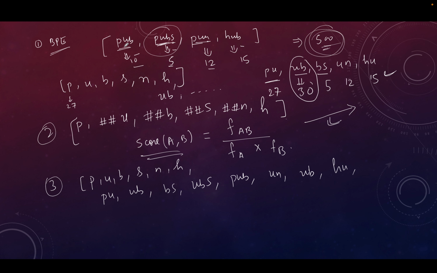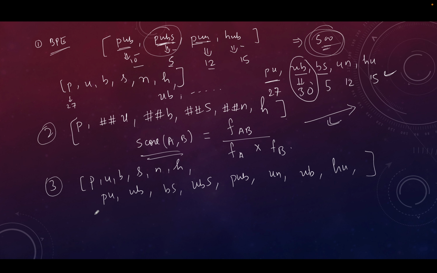But these were all 3 characters or 4 characters, so we are exhausted here. But if you have some larger words, then you will have many more substrings. So here we start with a large vocabulary, and then what we do is that we need to